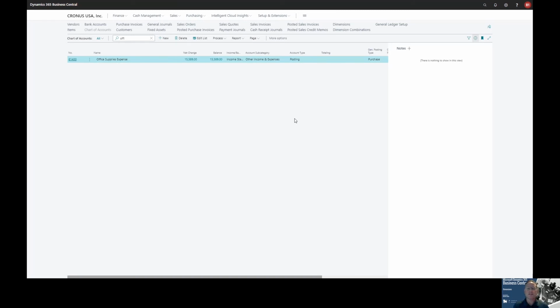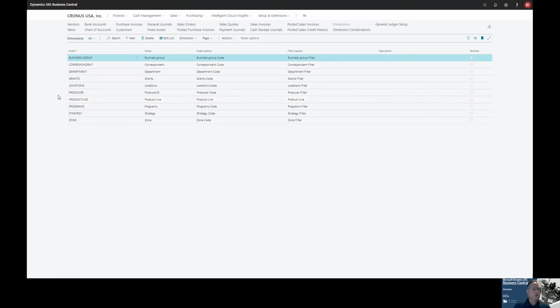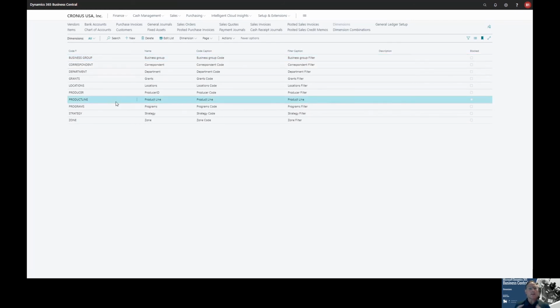So in the previous example, we required by GL account number, but now I'm saying, hey, whenever this customer record appears in a transaction, so a sales order, anywhere across the system, I want to enforce that a product line is selected for that. So I get full visibility of all the activities wrapped around that customer's activity. So how do we do that? Let's go back to our dimension list here, and we're going to go to our product line. So if I go to product line, you can see from here, I can go to dimension and then my